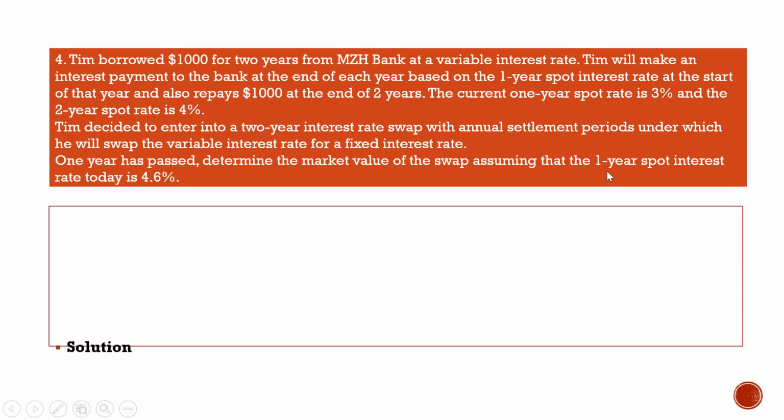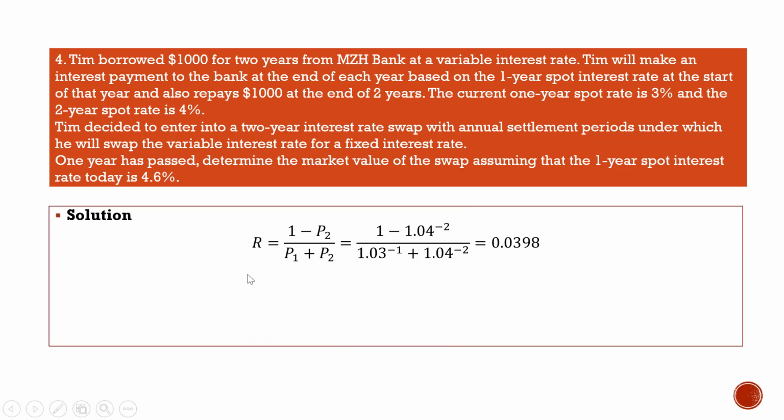So first we determine the swap rate. R is equal to 1 minus P2 over P1 plus P2, which is 0.0398. Now during the first year, the fixed interest is 0.0398, and the spot rate during the first year is